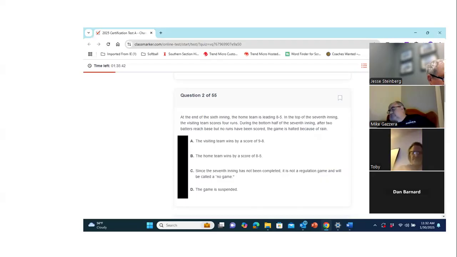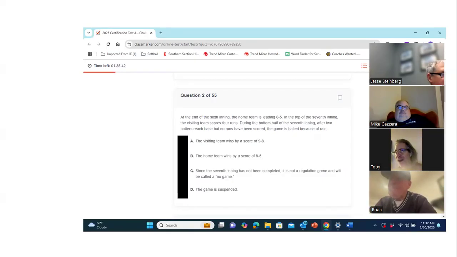B1 enters the batter's box on the right side while the pitcher is in position ready to pitch. B1 disconcerts the pitcher by moving to the left-hand batter's box. The correct ruling is: A, allow the pitcher to reset and continue to play. B, allow the pitcher to reset and warn the head coach the next infraction would result in an out on the batter. C, the ball is immediately dead and the batter is called out. Or D, an illegal pitch is called on the pitcher.